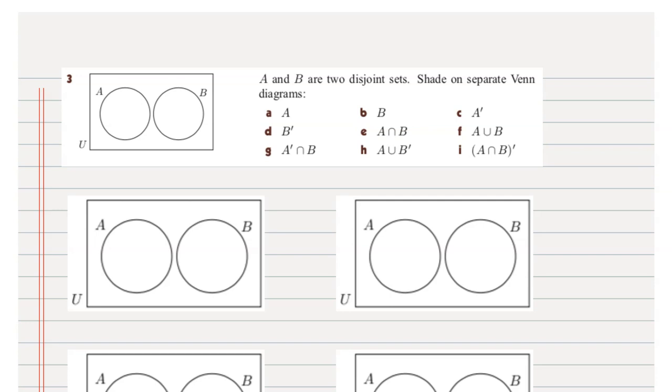So jumping straight into it, in question 3, A and B are two disjoint sets made on a separate diagram. They are disjoint because A and B don't overlap one another. Everything in A is not present in set B, and nothing in set B is present in set A. Now in part A of this question, it asks us to shade the part of the Venn diagram which